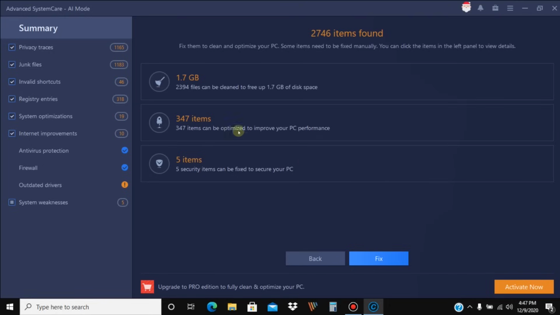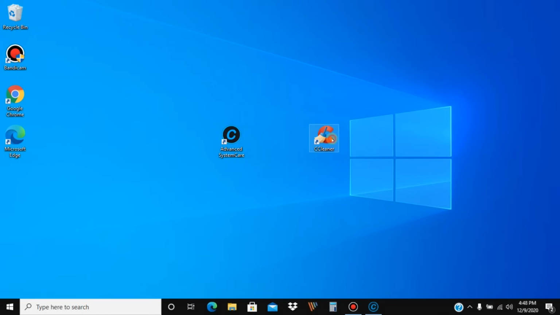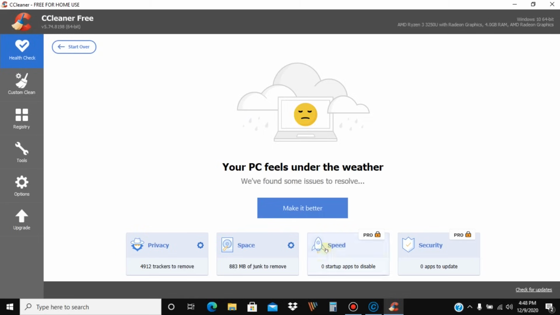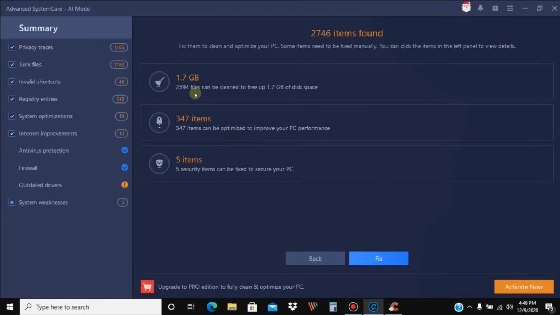So, in comparison, 1.7 gigabytes compared to CC Cleaner. Let's see what CC Cleaner says. So, CC Cleaner, as you see at the bottom, 883 megabytes of junk to remove. So you can see the difference here, 1.7 gigabytes over 800 something megabytes. Definitely a bigger difference. Advanced System Care definitely found more things that can be deleted or removed to free up